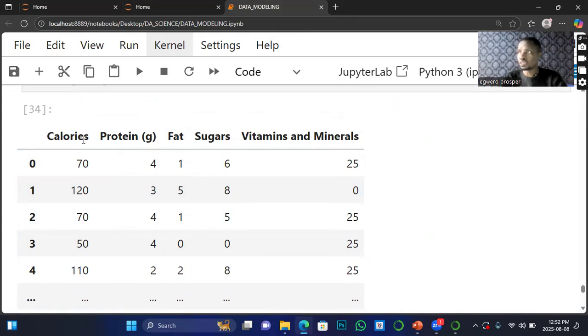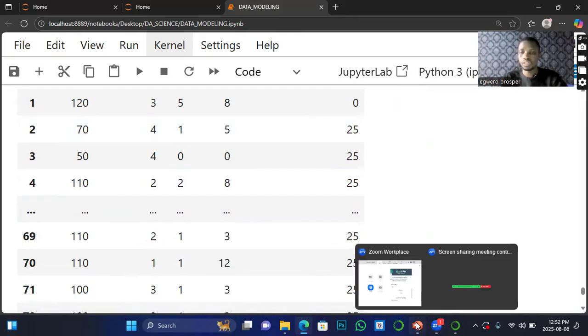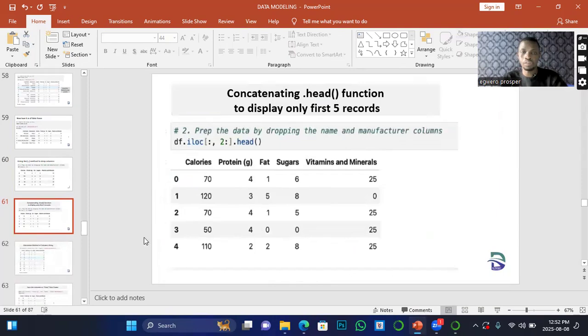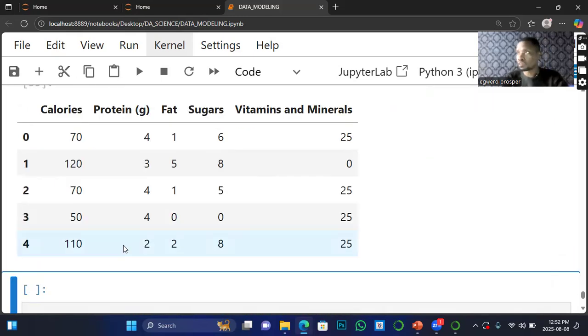To cut away what? The first 2 columns, right? Good. So now I think the next thing for us is to save it. Let me follow my slide so that we can be on the same page. Here I only wanted to display the first 5. That is why I added the dot head, which is just to display the head. So I don't want to see everything. I just want to see the first 5. Okay? Now, the next thing is